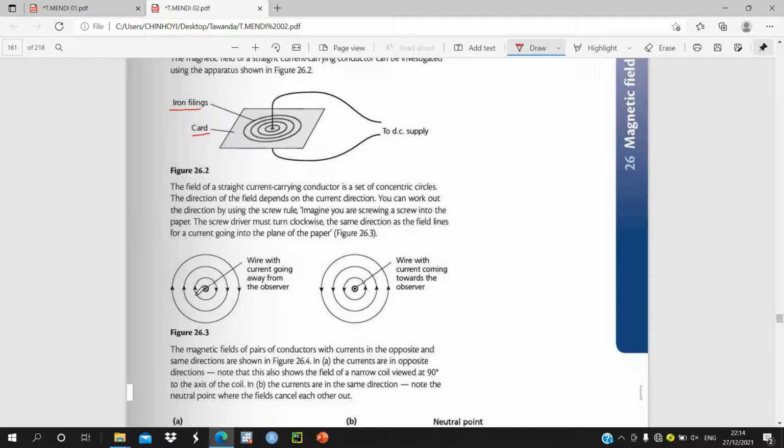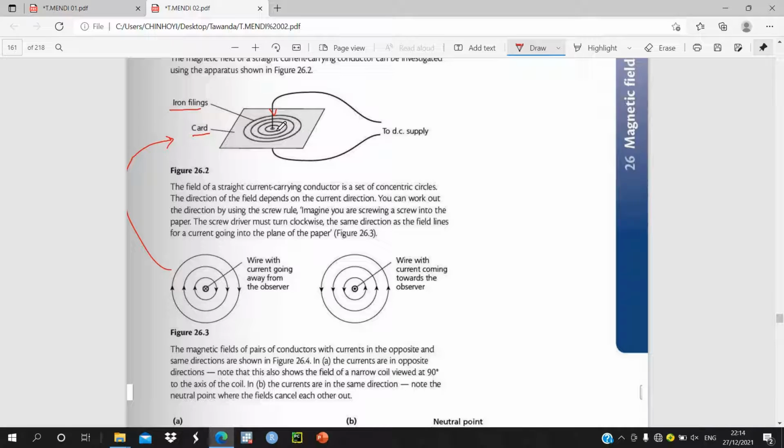So if I take this condition to this condition, I will be saying in this case the current will be moving in this direction